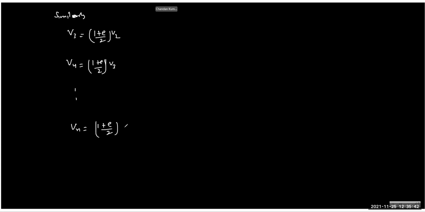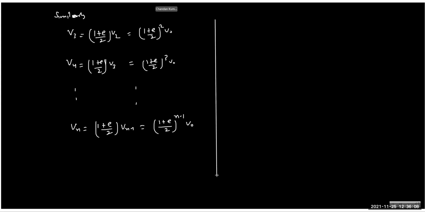So there is a pattern in this. If you repeat similarly, V3 will be this, V4 will be this, and so on. So Vn will be how much? (1 plus e) by 2 times Vn minus 1. Now if you write the V2 value, which we have already got, this will make it square, and this will make it cube. And so by the same logic, this will be the (n minus 1) power times V naught. So the last ball will have